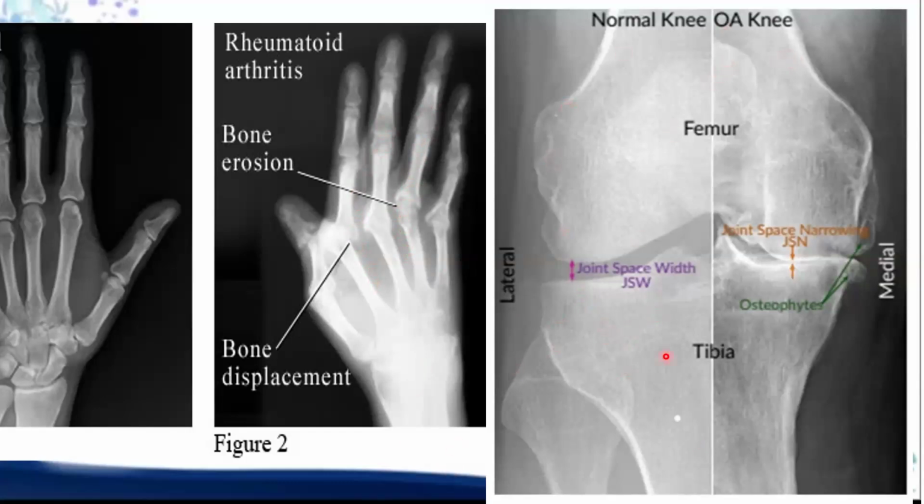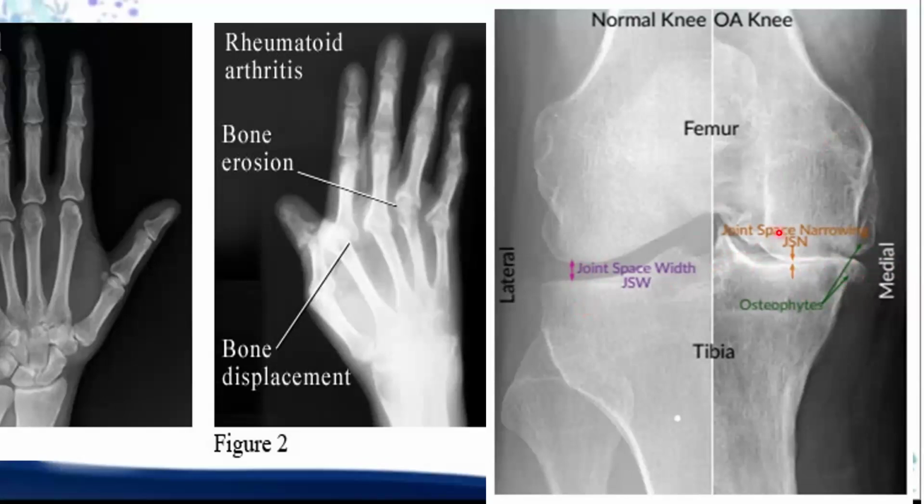Then if you take the normal knee versus the osteoarthritis knee, right? What was osteoarthritis? It starts with an O, so LOSS, right? So remember it like that, loss. Loss starts with loss of joint space, right? So this is the normal joint space. Like you see here, there's no joint space, right? Then you get these bony spurs, like these bones are jutting out, osteophytes, right? Bony spurs. And then subchondral sclerosis.